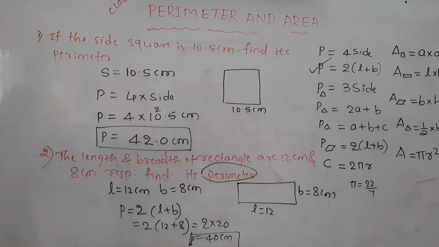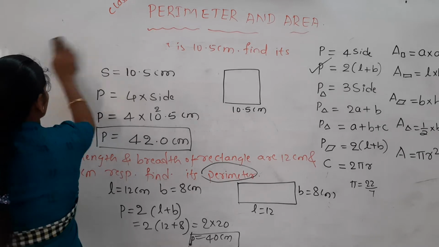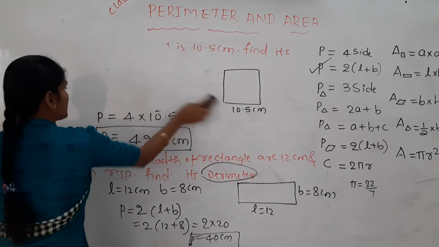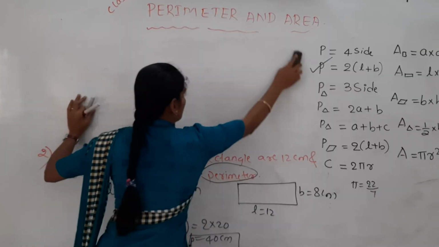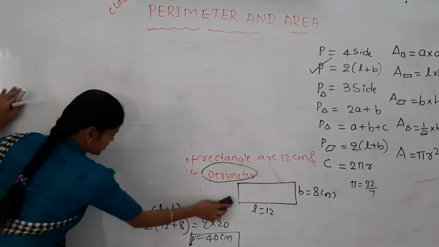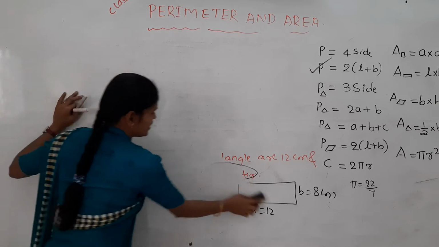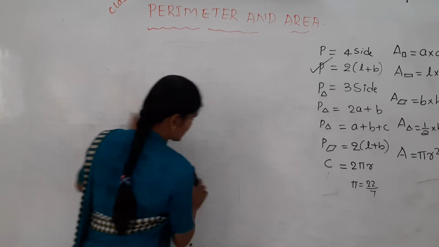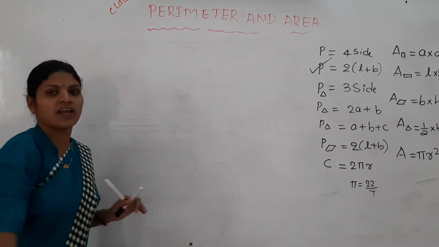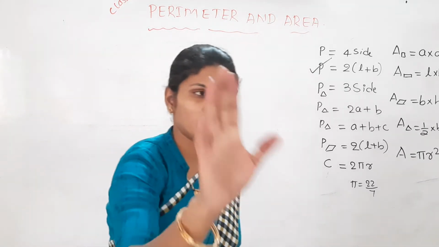The length of a rectangle is twice its breadth. If its perimeter is 18 centimeter, then what is its breadth? Here he has not given any numbers for the sides, but we have to find the length and breadth of the rectangle. The length of a rectangle is twice of its breadth. If its perimeter is 18 centimeter, then find the length and breadth.